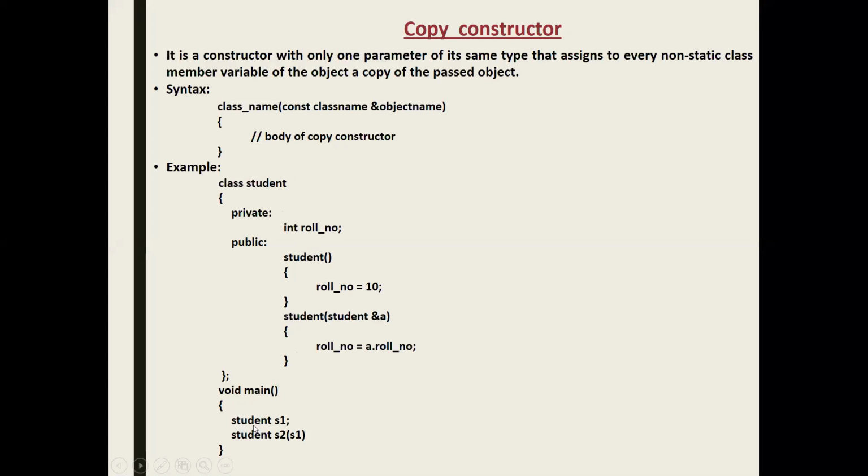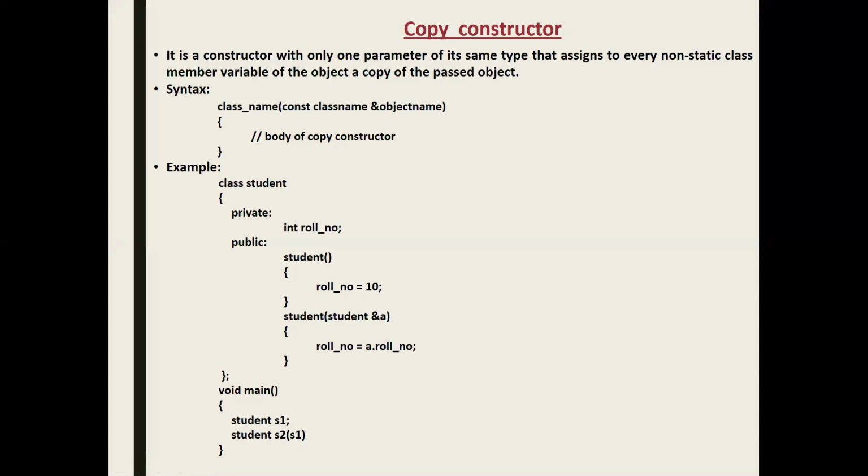So in the default constructor, I'm just creating an object s1. So this particular value will get created. That means roll number will be initialized to 10, right? And student s2, s1 value. So the s1 value, the object s1, I am passing it as a parameter over here, right? I am passing the object s1 as a parameter to this particular object,